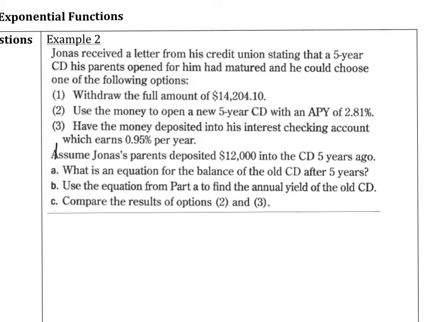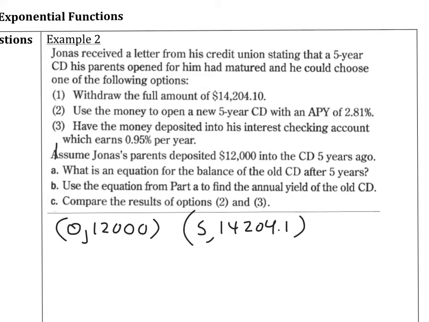Assume that Jonas's parents deposited $12,000 in the CD 5 years ago. So what's the equation for the balance of the old? We want to get from here to here. How do we accomplish that? Let's walk through it and I'll show you on the TI real quick. After we enter the 2 points, 0 and 12,000, and 5 and 14,204.1, into L1 and L2,